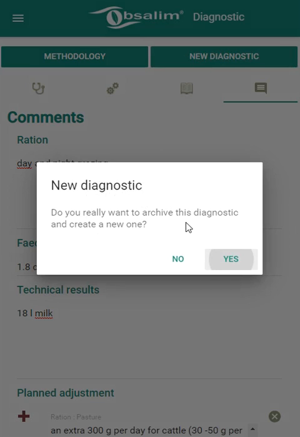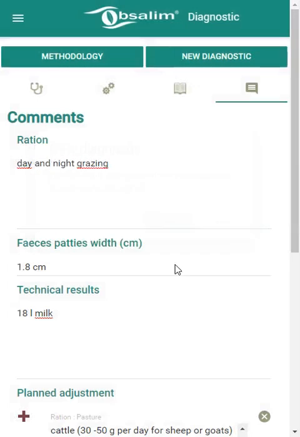If you do want, you have to click on Yes. But after you click on Yes, you won't be able to make any modification. If you still want to write some comments or change something, you can click on No and come back on the diagnostic, and you will archive it later.